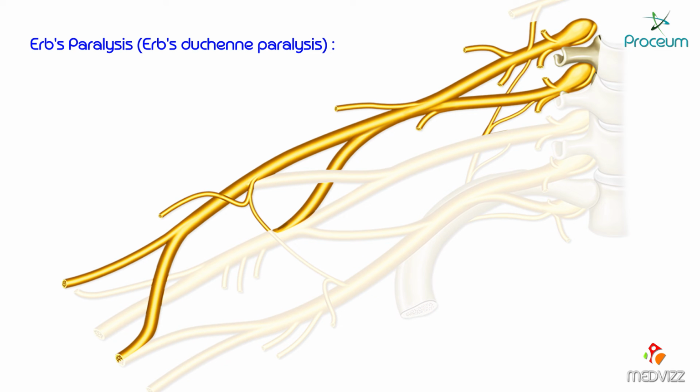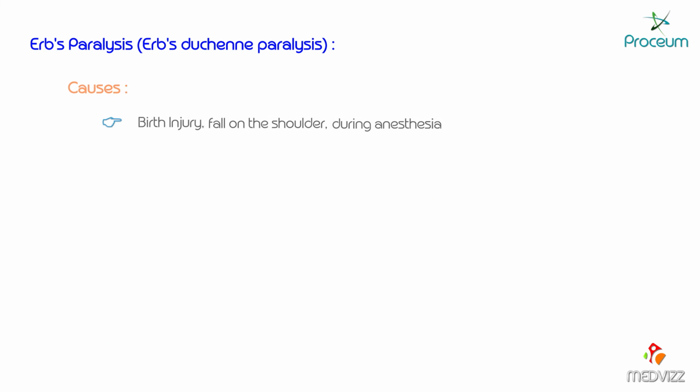Paralysis of the arm due to injury to the upper trunk of the brachial plexus is called Erb's palsy, and the nerve roots which are involved are C5 and C6. What are the causes of Erb's palsy? It is mainly due to excessive increase in the angle between the neck and the shoulder. Mainly we will see this type of injury during birth, as well as the direct fall on the shoulder, and